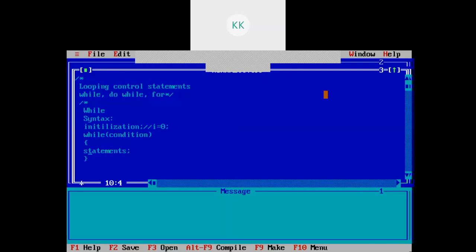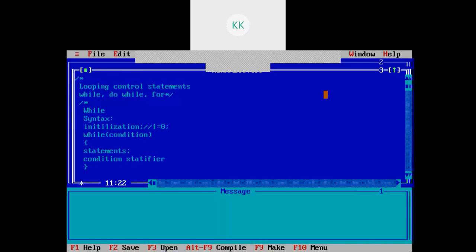So, in order to execute the statements inside the while loop, we need to have the condition true. And inside this while loop, we will have a condition satisfier.